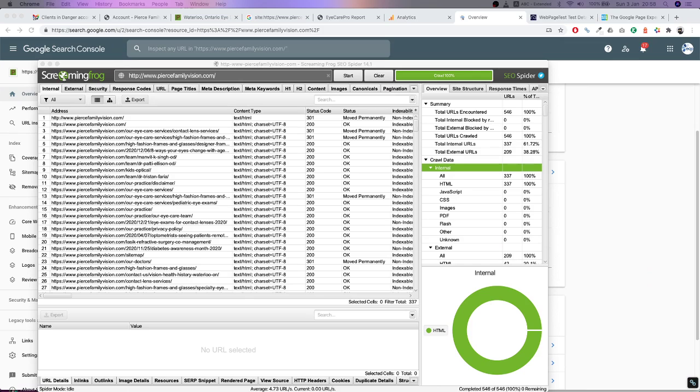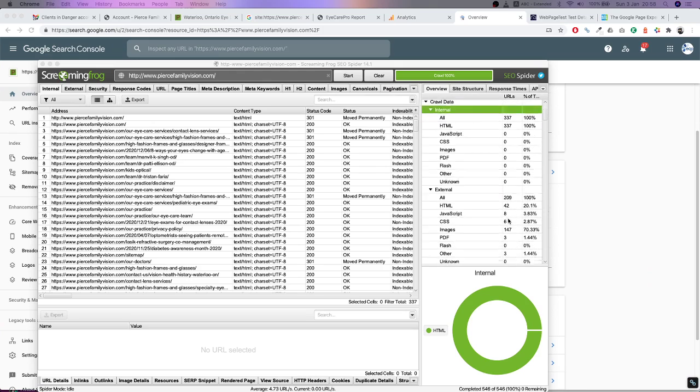Okay, so now it's finished. We have a total of 546 pages. These are including, obviously, non-secure pages that Screaming Frog has indexed. This is the same as what Google would find. So let's take a look and make sure there's no pages that are not being indexed, that should be indexed,